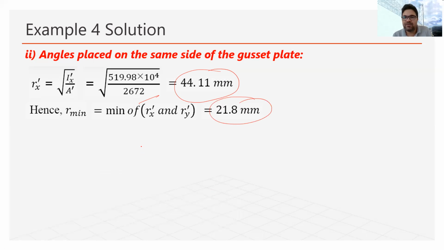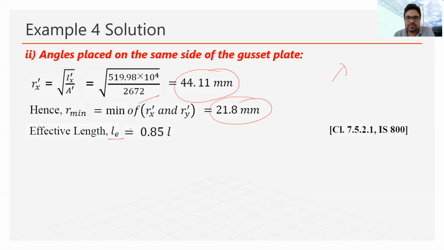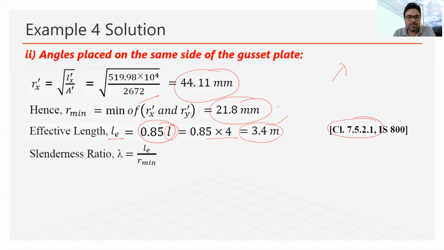Now we will find the effective length, because ultimately we need to find the lambda. So the effective length will be the same as we calculated in the previous case. It will be 0.85 times L from the same clause, and L is already given in the question, which is 4 meter. So 0.85 into 4, it is 3.4 meter. So now slenderness ratio will be calculated as